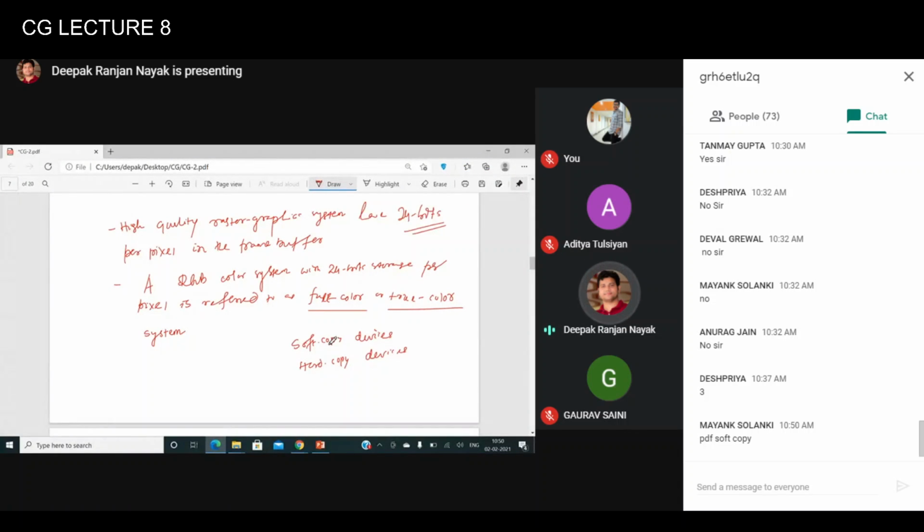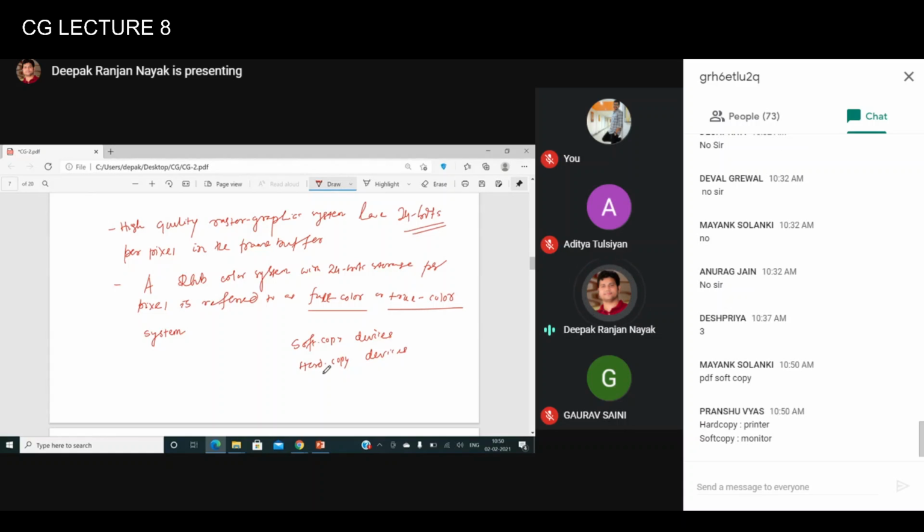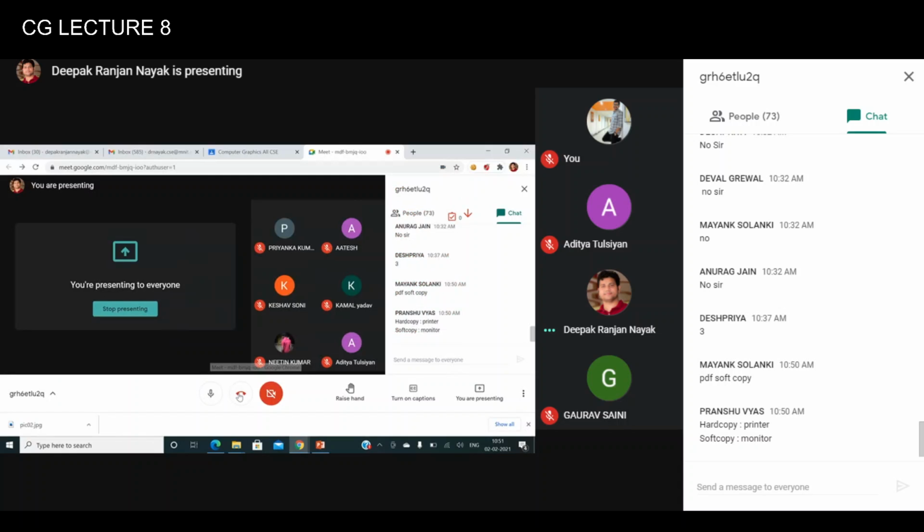I'm not talking about only soft copy and hard copy. Everybody knows that the physical form of the output is called hard copy, and the electronic version of this output is called soft copy. Any other answer? Pransu has written something.